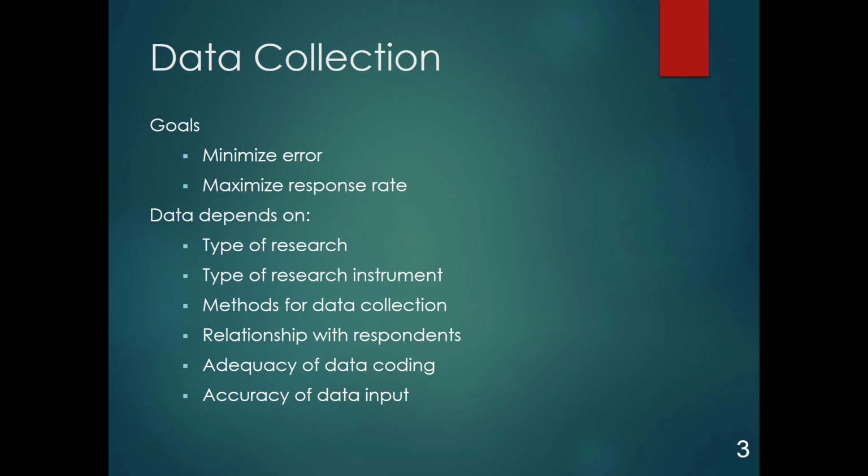The relationship with the respondents can also provide either more or less data, and so can the adequacy of your data coding. Whenever you're putting in your data, it will depend on how you code it. So you need to code your data accurately, right? You need to be able to go back to that coding and understand what you meant by it. And then accuracy of data input: making sure that you're putting in that information exactly the way it was on the survey,